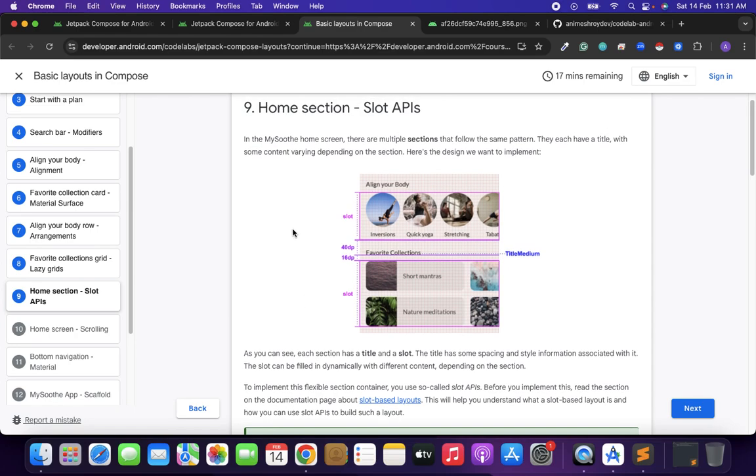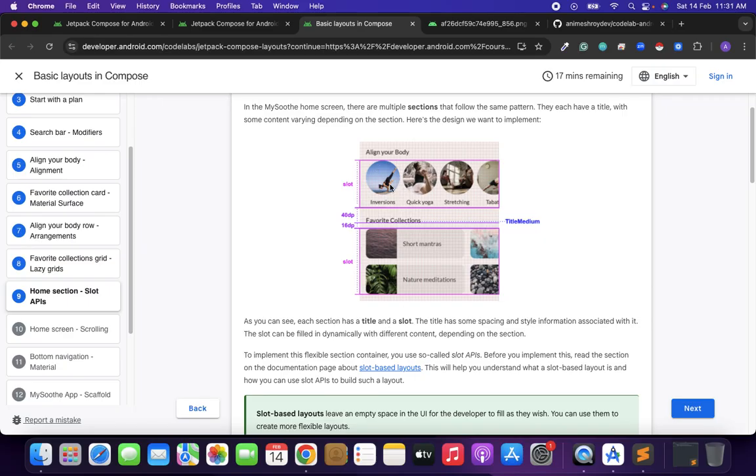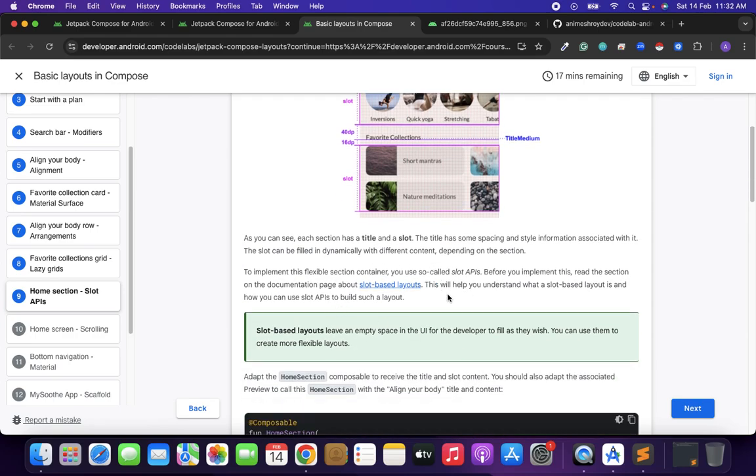Let's see. So in the Suti application, there are multiple sections that follow the same pattern. Each has a title with some content varying depending on the section. Here is a design we want to implement. So as you can see, each item has a title and a slot. The title has some spacing and style information associated with it. The slot can be filled with dynamic content depending on the section. To implement this flexible section container, use a so-called